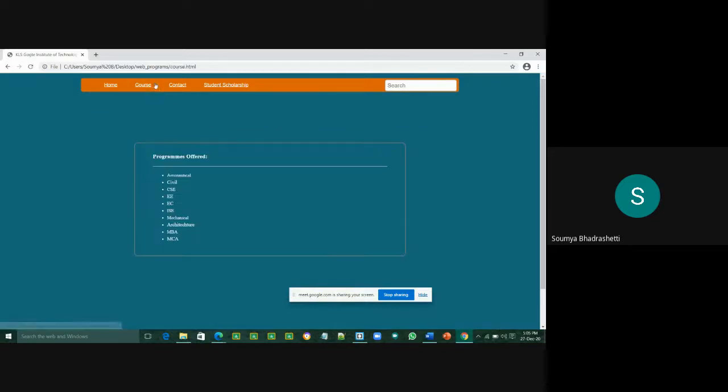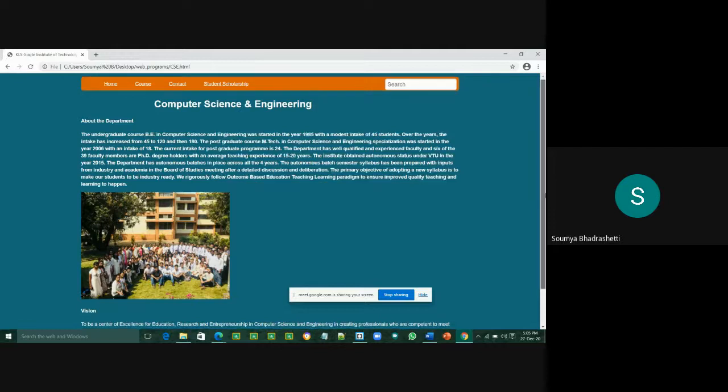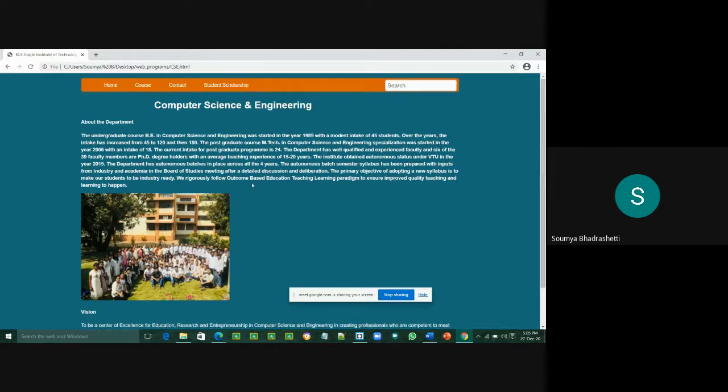And let me go back to the course page and show other courses' home pages which we have created. Now let's see how computer science and engineering department's homepage looks. It is also the same. We have put a small description of each department.